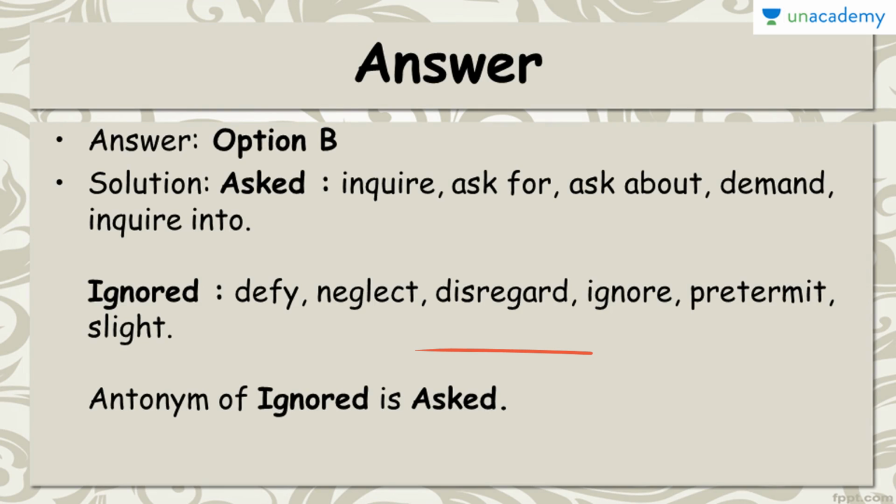So in this case also, it is almost similar to the one we did in the last case. Suppose it is a straight line, and on one part we have someone who's asking something, and on the other part there is someone who's ignoring it. If you are in the same class, we have two students, one of them is asking something, one of them is ignoring. So they are both opposite to each other. In the same case, asking and ignoring are opposite to each other.